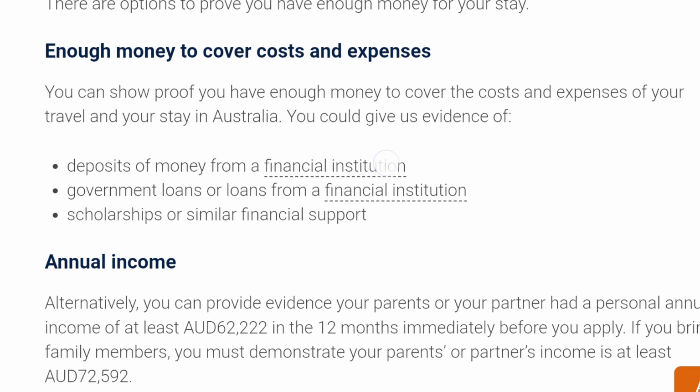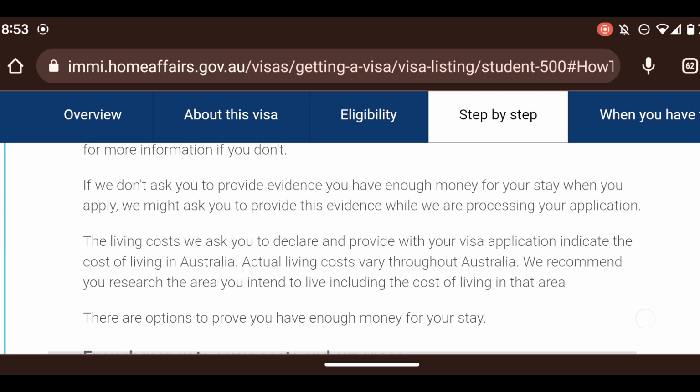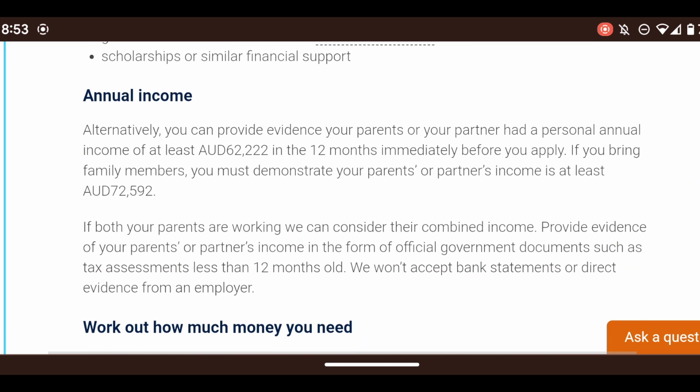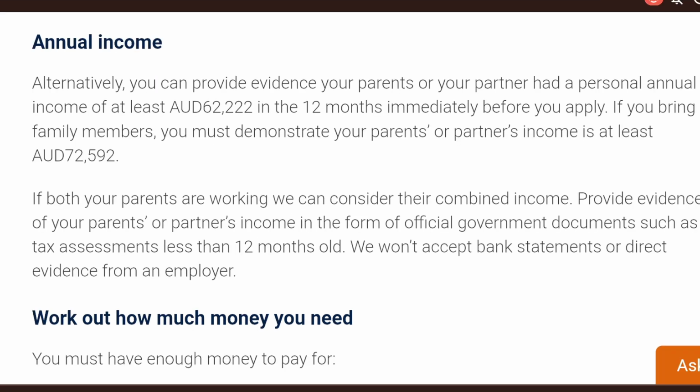Now there are so many ways. They have given you options on how to provide this. The first option is through the annual income of either your parents or your partner. This is just option A. Apart from having money in the bank, they say there is an alternative way, which is if you want to study here, you would demonstrate that your parent or your partner has made